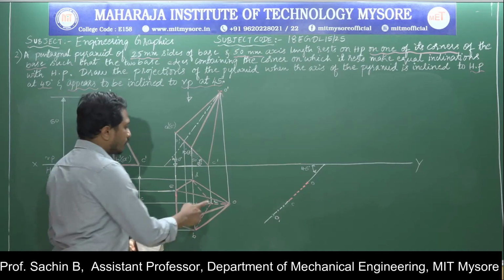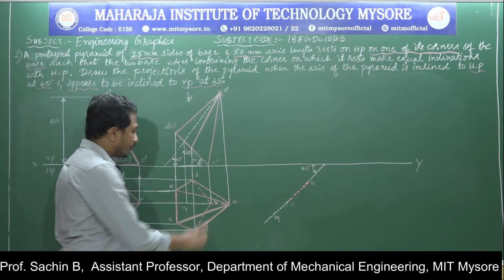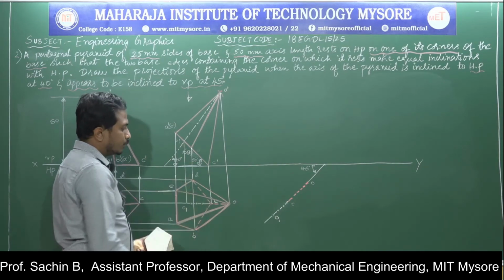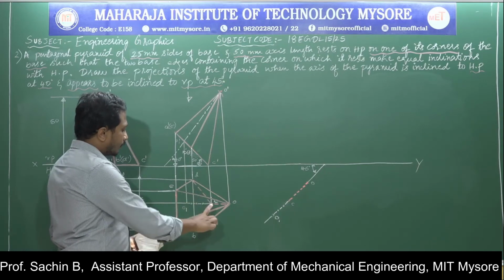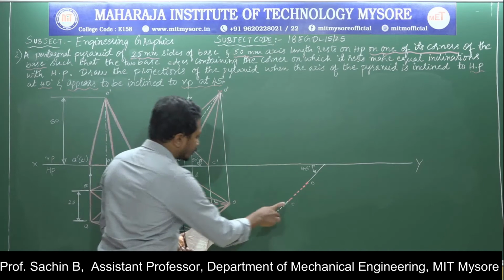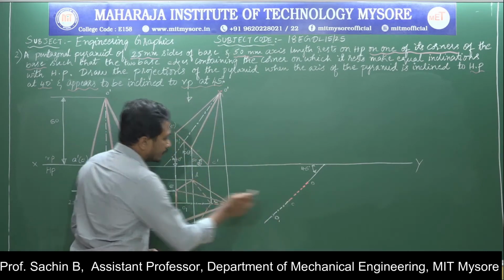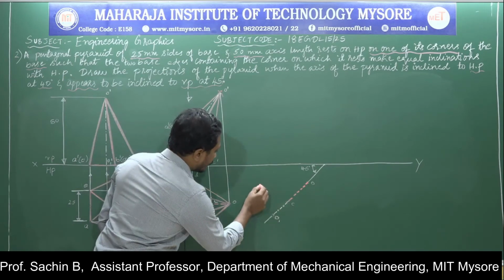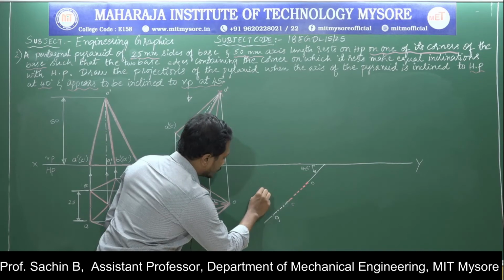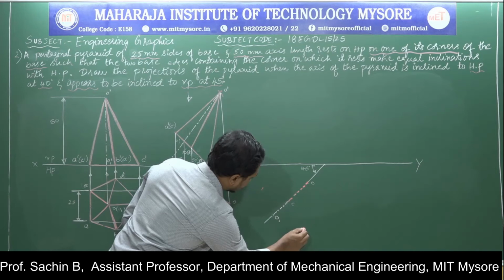Now first I will go for measuring from C to D, or from C to B. If I measure from C to D and from C to B, the length will remain the same. Now I will come to C point. From C point, I will cut an arc of length from C to D. I am cutting the arc of length C to D side length again to this direction also. I am cutting the same arc.